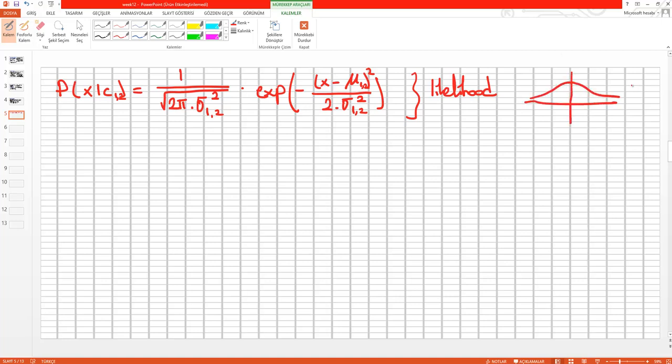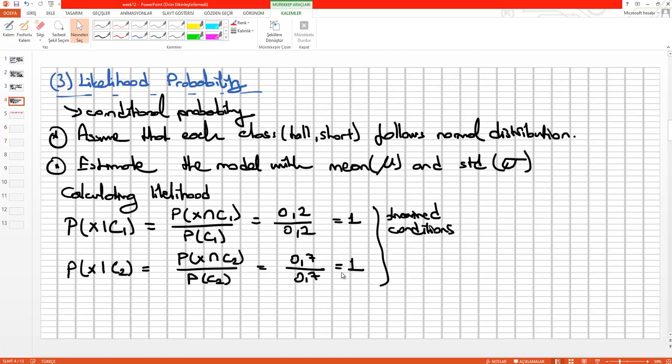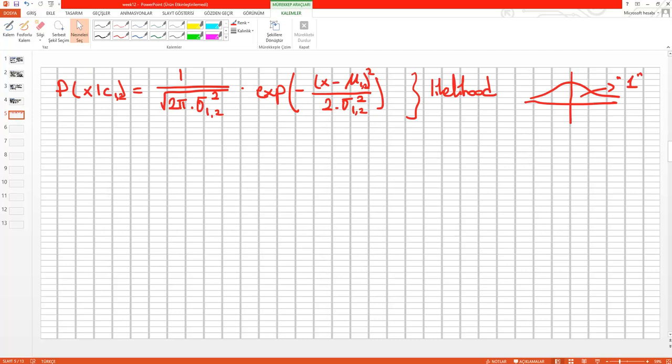The summation of these terms must be equal to 1. The integral of the area of these terms must be equal to 1, just like this one. This must be satisfied. So how can we use this likelihood in order to build our probability rate? For example,